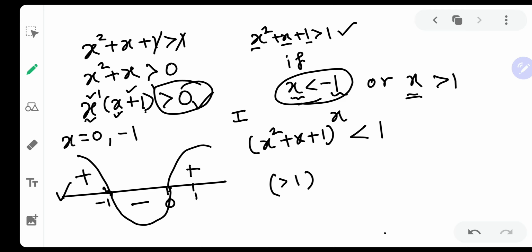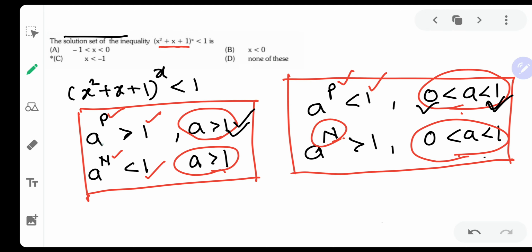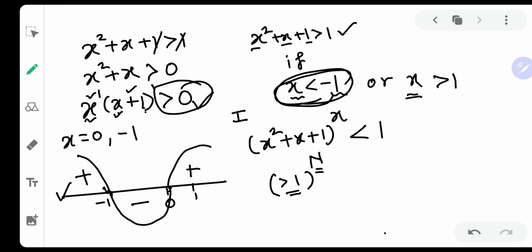Can you understand that? Because I have solved this for greater than 1. But as x is lesser than minus 1, that is surely a negative number. So a number greater than 1 is provided a negative power. Okay, so let us check the property. When a number greater than 1 is provided a negative power, then the final answer is lesser than 1. So basically this answer will be lesser than 1.